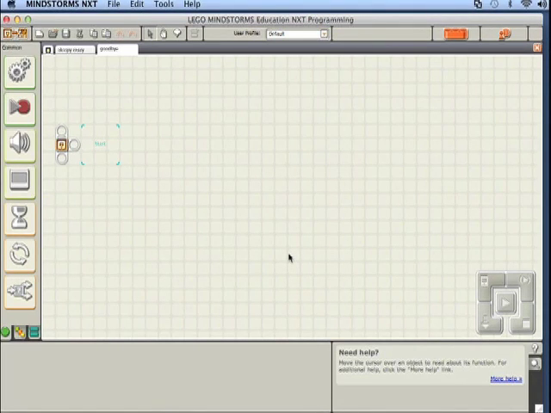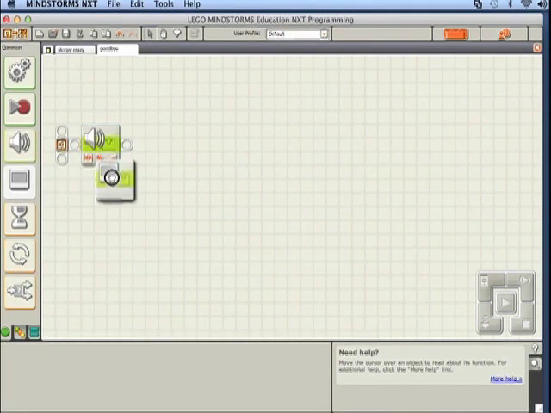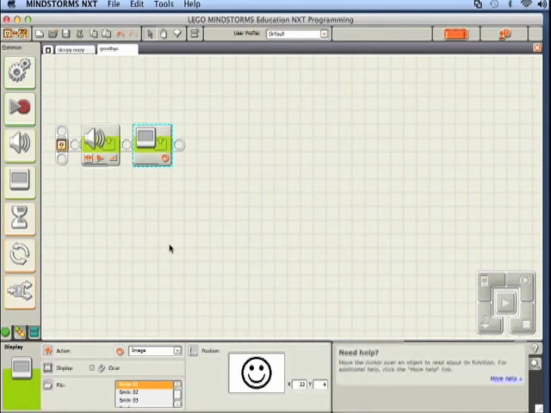Okay, so what I want to do is I want to say goodbye. So I'll put a sound block up here first. There's goodbye. Goodbye. And then I want to display a picture of a hand. And I think if I scroll up in here, EF, hand. There we go. Very little hand, but it's a hand. I'm going to save again